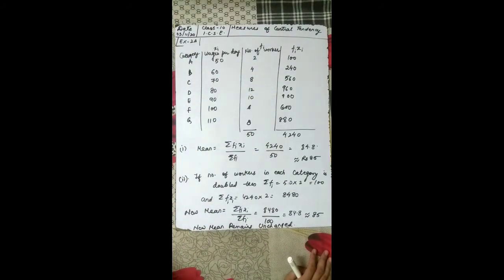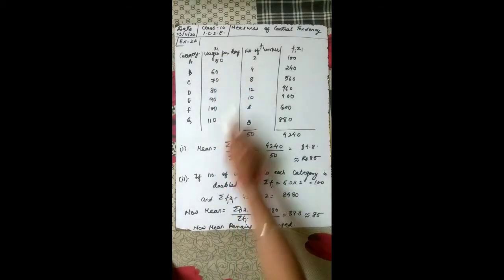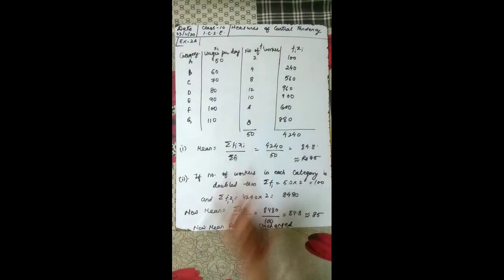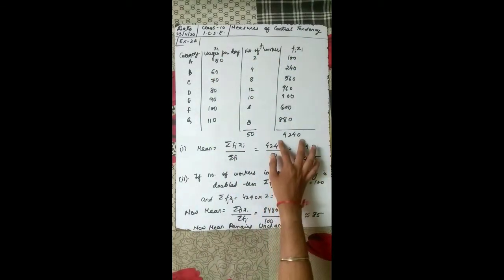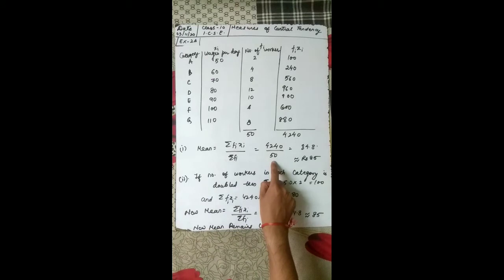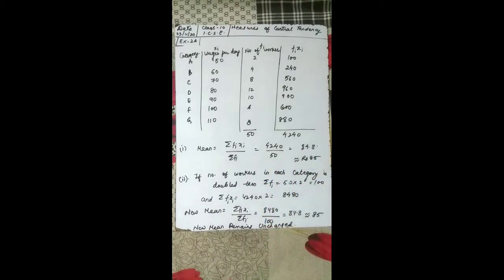They are asking the following questions. The first question: calculate the mean wage correct to the nearest rupee. So we know mean, this is grouped arrayed data. So this becomes our xi, this becomes our fi. Multiply these two columns, we'll get fi xi. Just sum it, you will get the final summation of fi xi, and summation of fi is 50. So the mean formula is this one, and with that I got 84.8, and correct up to the nearest rupee,